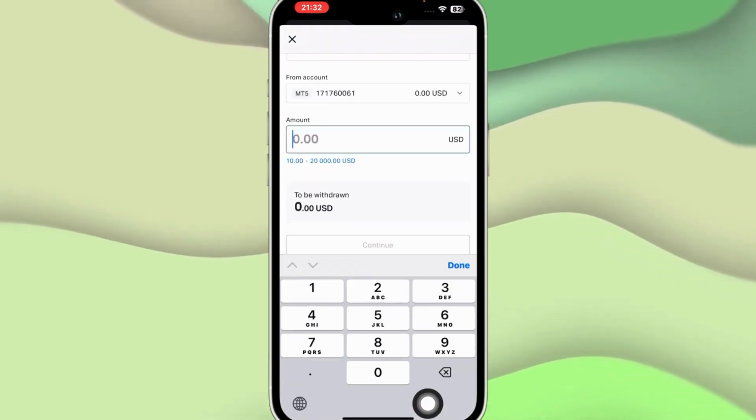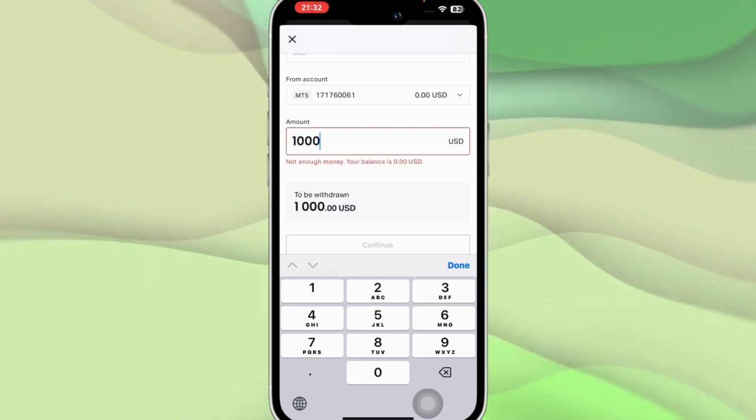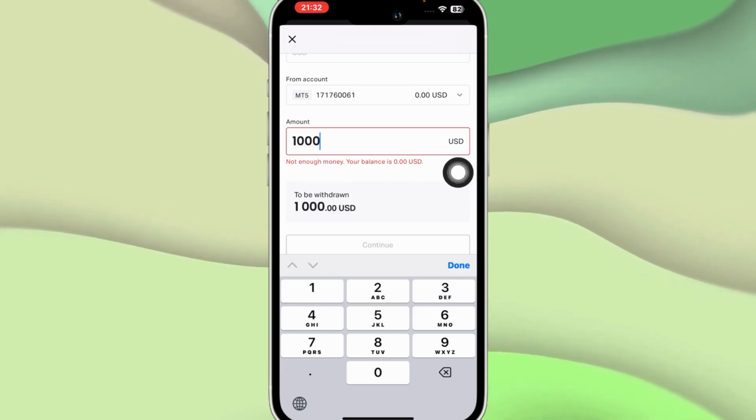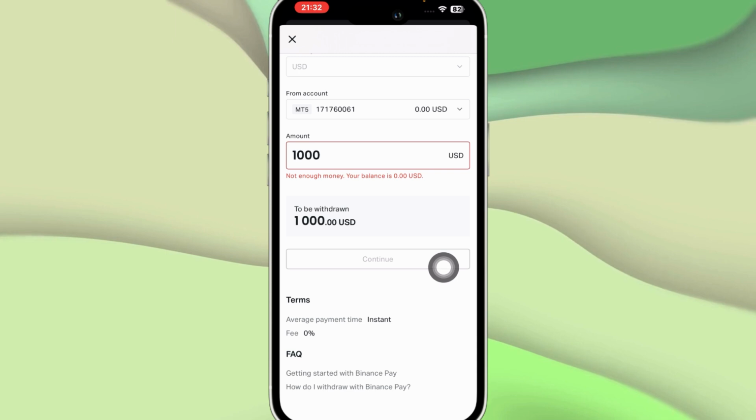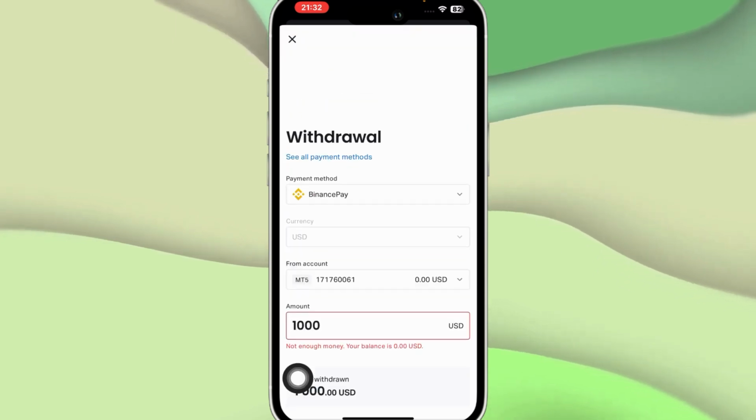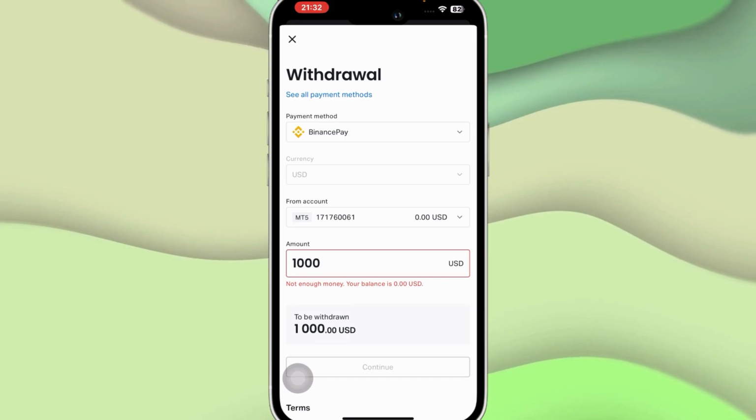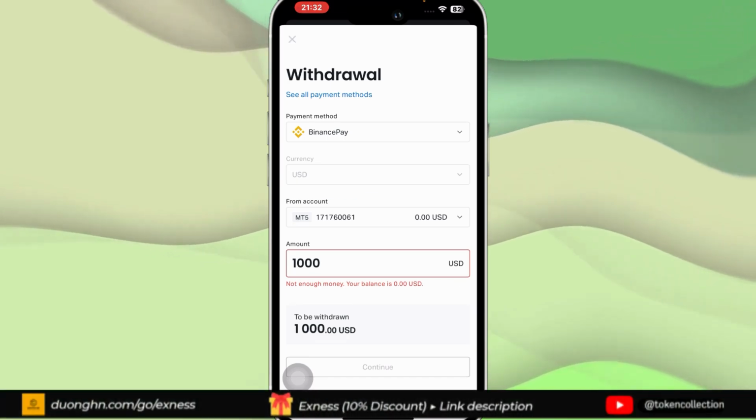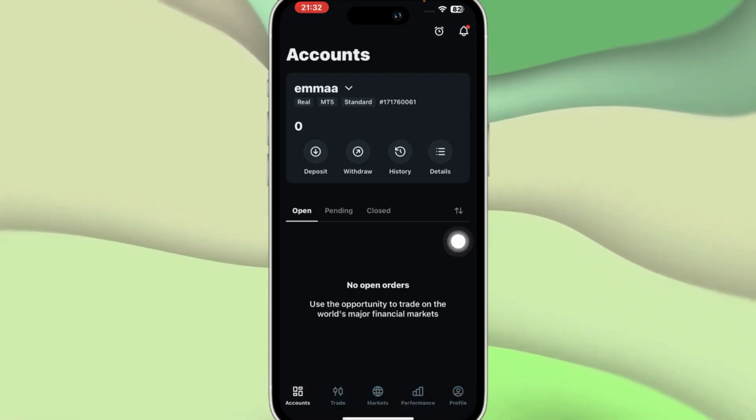And then you can type down the amount. For example, I'm going to type down whichever amount, and now I don't really have any balance again, so that's why it's written like not enough money. But if you do have that much balance, you just type down and then click on continue and then select your Binance Pay account, and that amount of money would be withdrawn to your Binance Pay from your Exness account. So those were simple deposit and withdraw options in